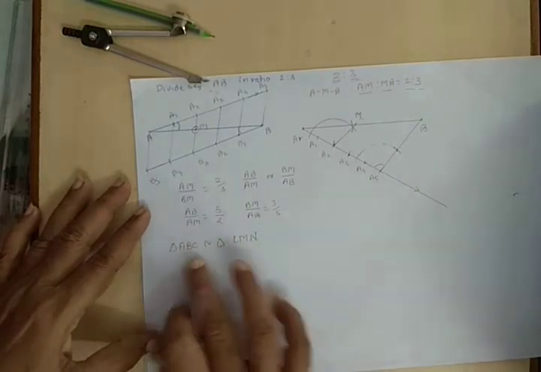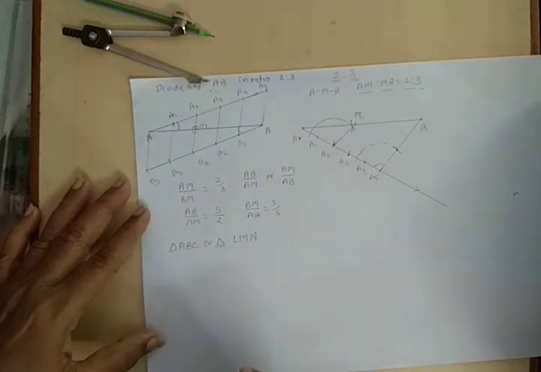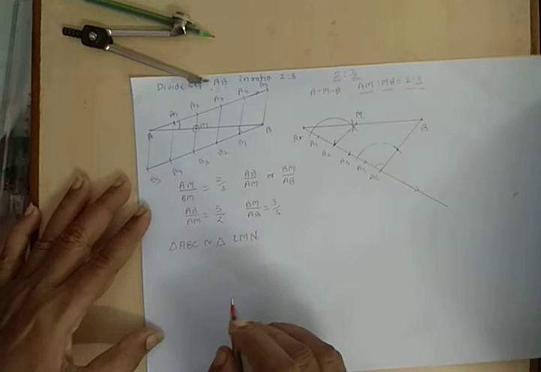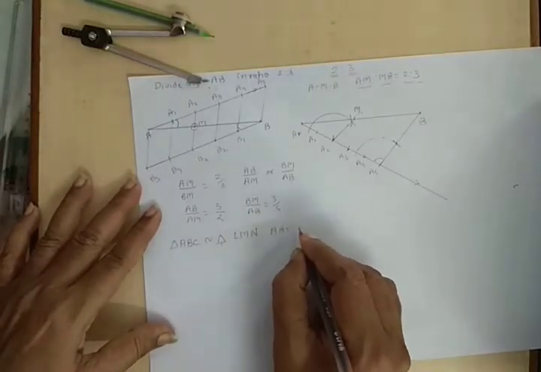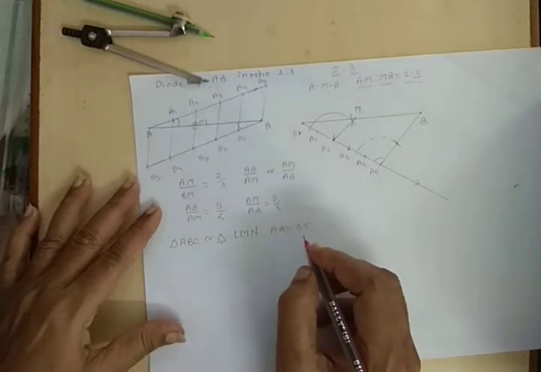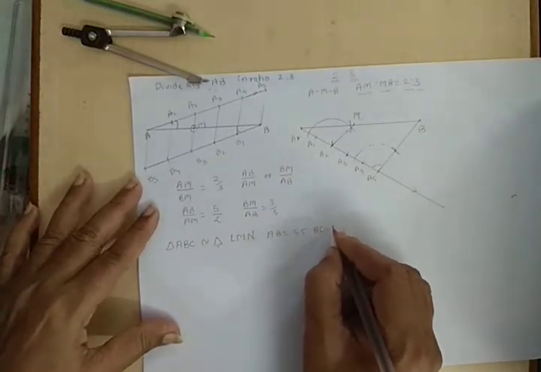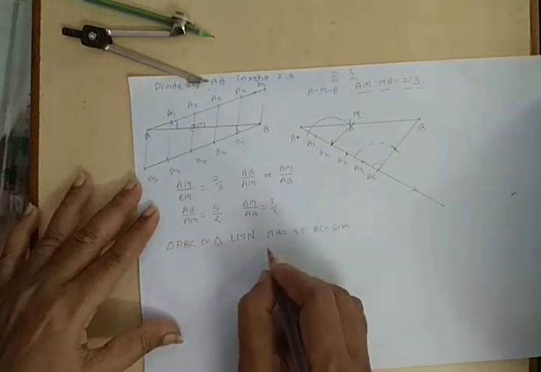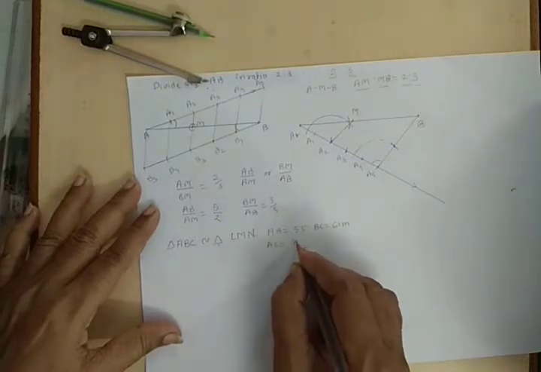Therefore, these two triangles are separate triangles, two different triangles, such that AB is equal to 5.5, BC is equal to 6, and AC is equal to 4.5,